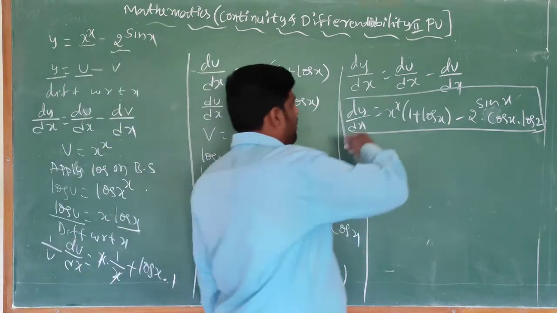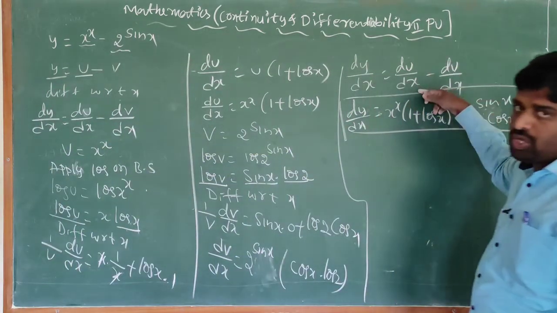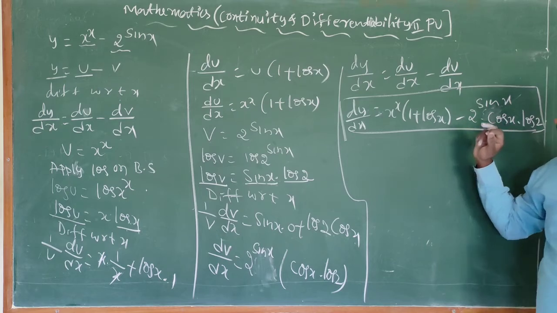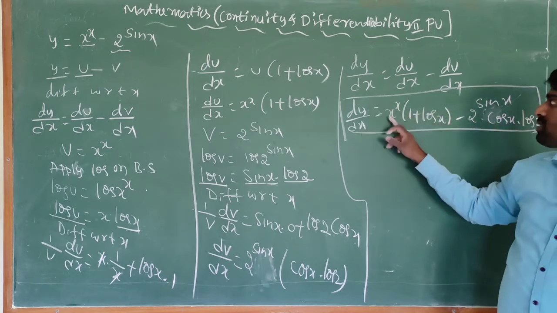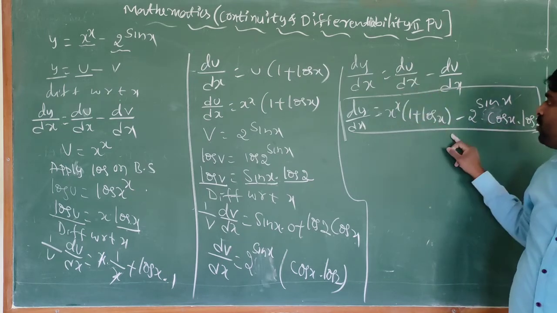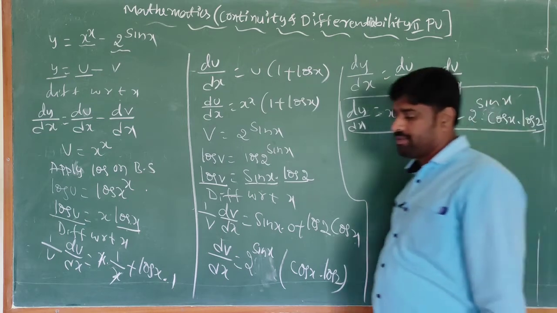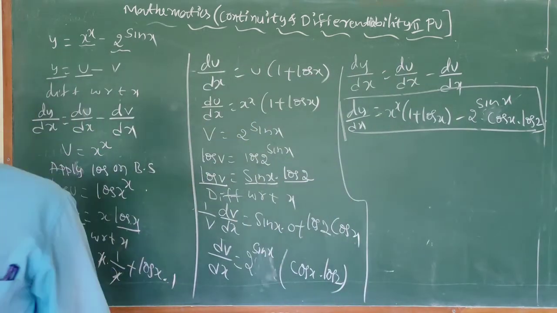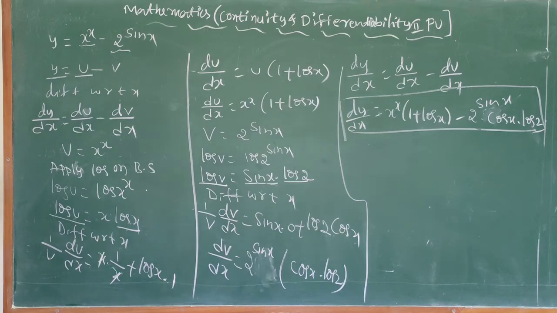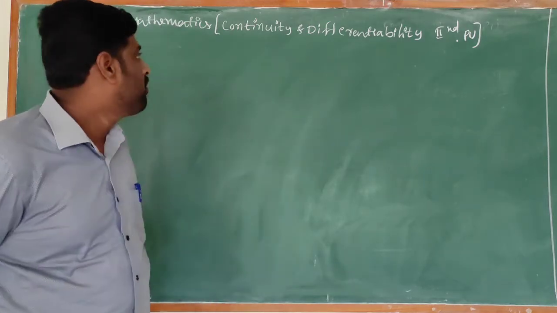Now come to dy by dx. dy by dx is equal to du by dx minus dv by dx. Substitute the du by dx value and the dv by dx value. This is your answer. So next problem is